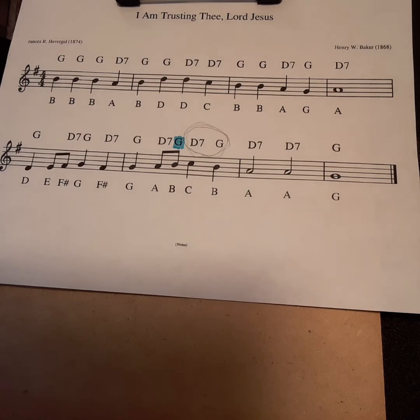I am trusting thee, Lord Jesus, trusting only thee. Trusting thee for full salvation, great and